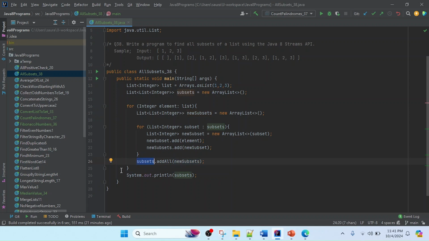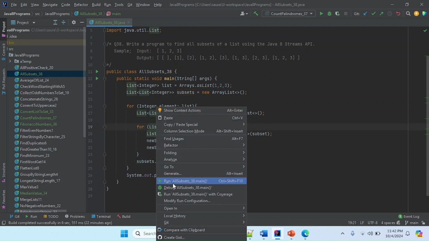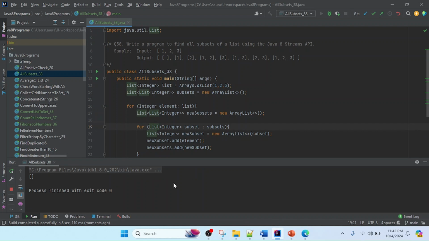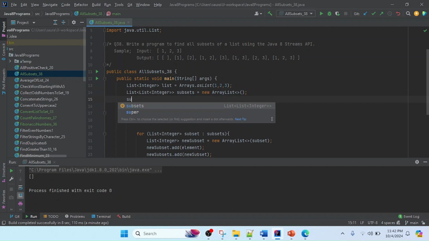So you can see here, and now I'm just going to print. So just right click here and run this main method. So friend, it has started to build, and we will get some output, probably only an empty string. So let's check. I got only that because I didn't add the type. This is only containing the list. So I will add here subsets